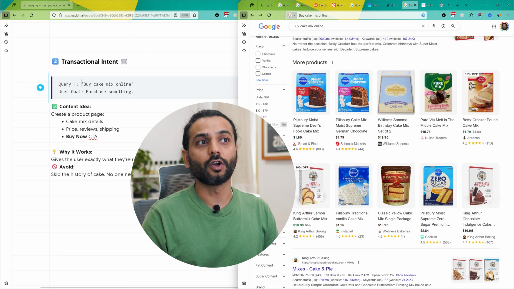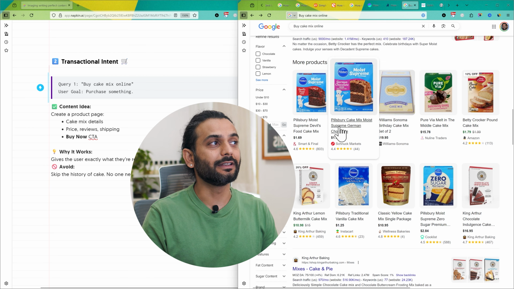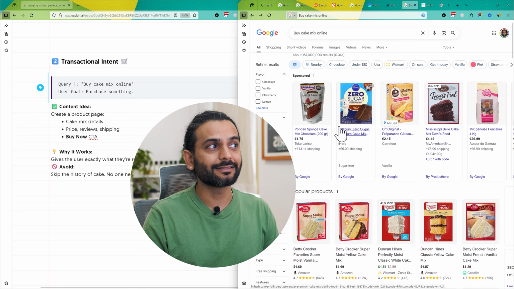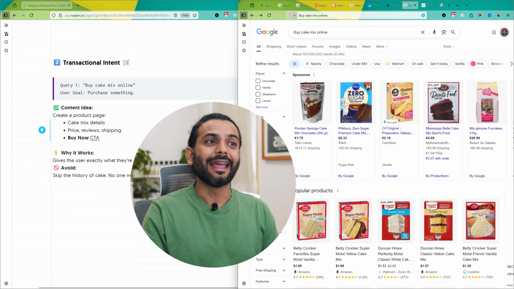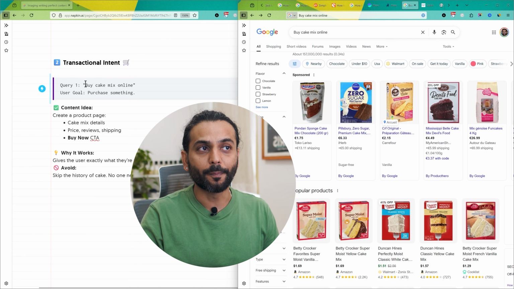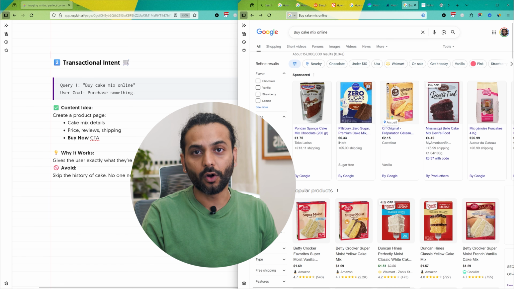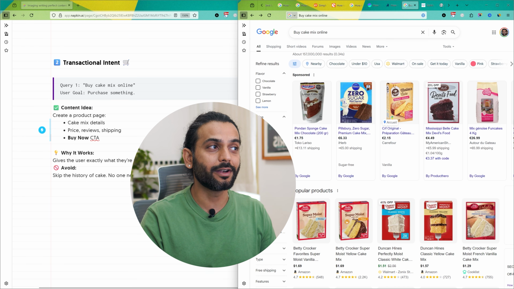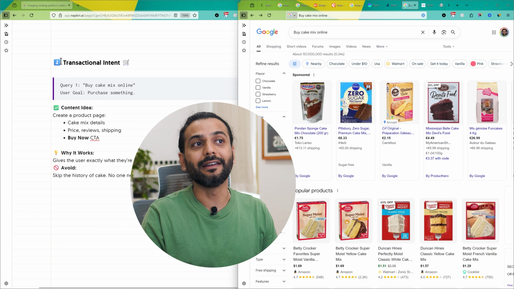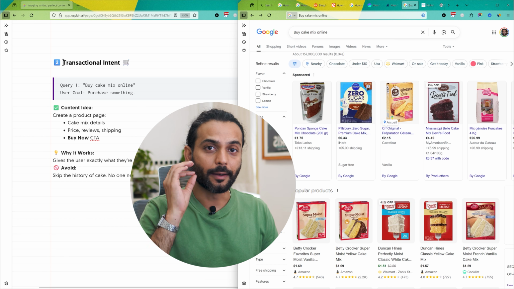about it. This is not the perfect intent for your website, because with Google AI mode nowadays, and even with AI searches, if you're not selling that product, and somebody is searching with the intent to buy that product, your website will not rank. It's really hard to rank your website for this kind of thing. So please do not create content to satisfy transactional intent if you don't have that product to sell on